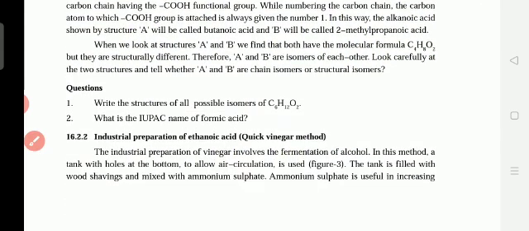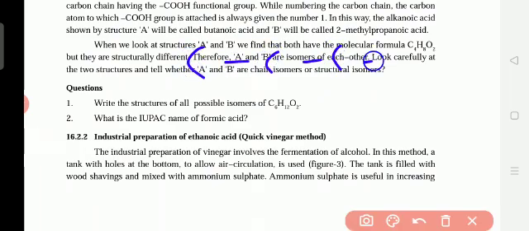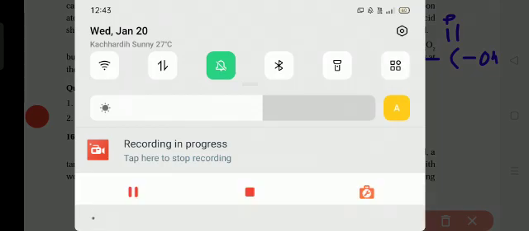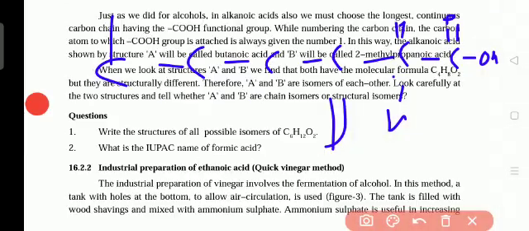Okay, so like that he has given C6H12O2. So for this you can make anything. 6 carbons like this you add, 1 2 3 4 5 6, and the functional group can be here, and OH, then H you can add it. Always the end carbon will have the 2 H's.